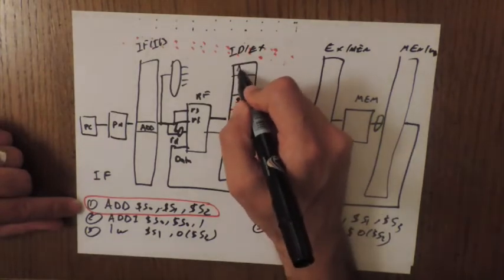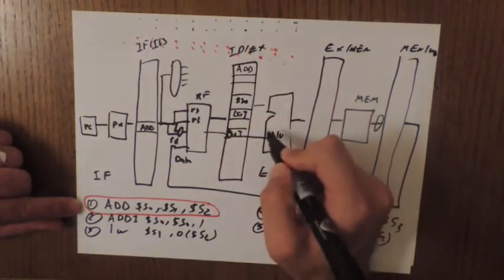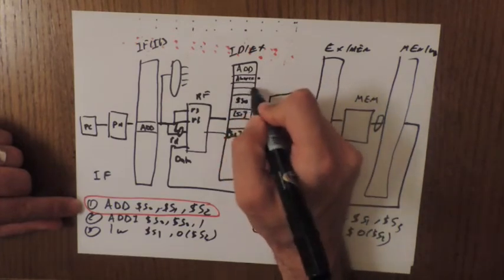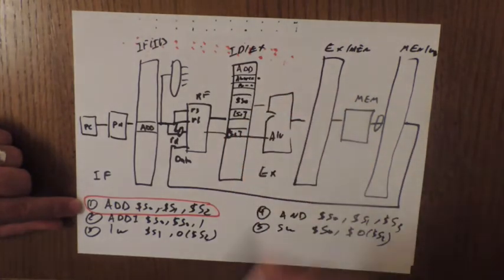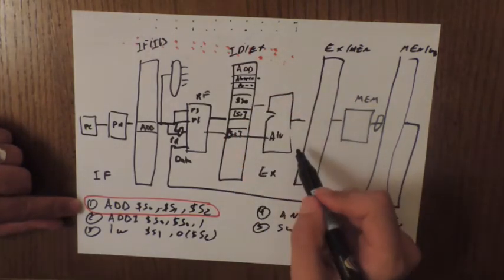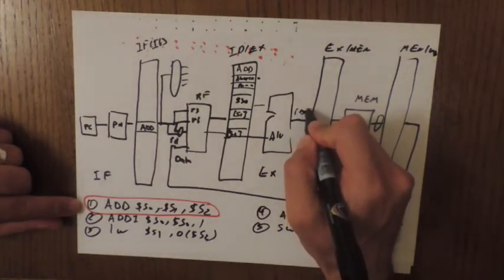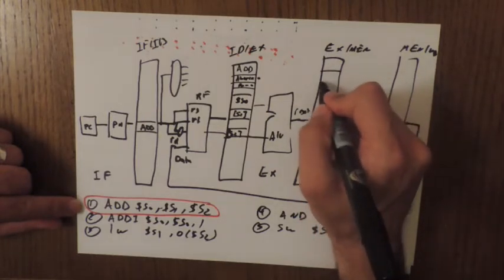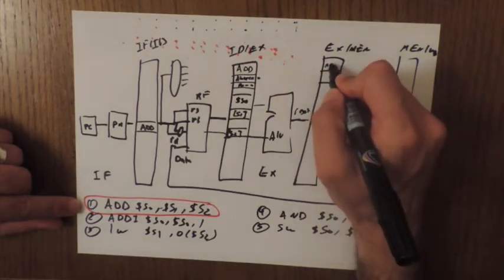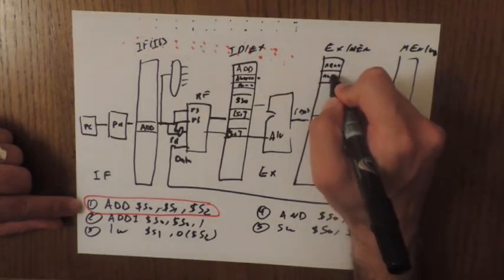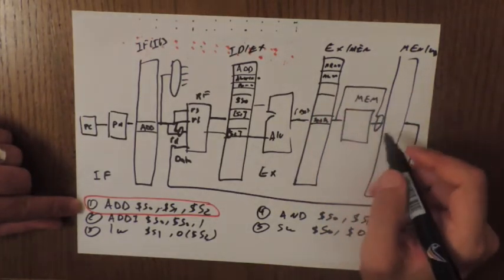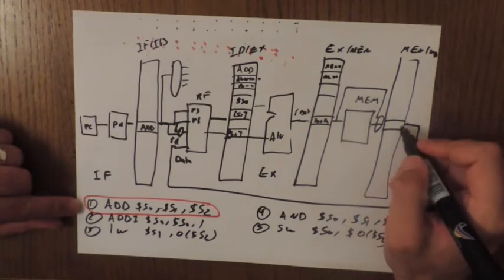Of course, here I need to tell that the ALU source should be 0, branch should be 0, and all the control lines needed for an add instruction. Here we get the result. This is the result that we want, S0 = S1 plus S2. And then I need to say mem read equals 0, mem write equals 0. I need to select this result, and at the end I will have